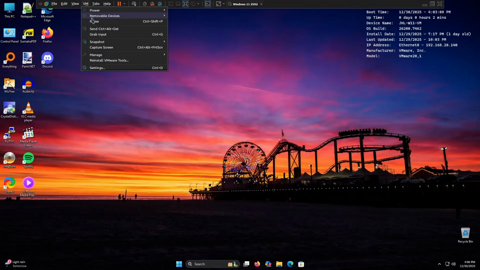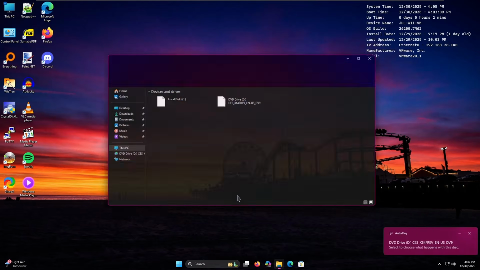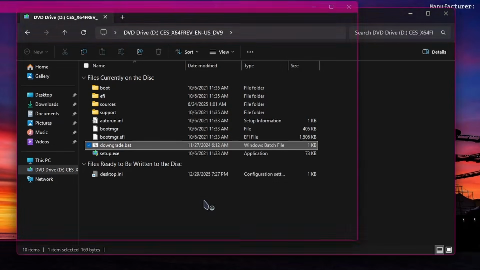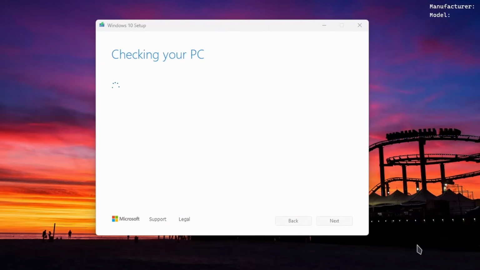So I already have the ISO prepped. I just have to connect it to the virtual machine. And then we're going to go back and we're going to double click our downgrade.bat, click yes on the UAC, and then from here, we're just going to let it run. So we're going to let it upgrade this VM or downgrade this VM or whatever, see if it keeps all our programs, see if it keeps all our UWP apps, and also see if our files are still there,